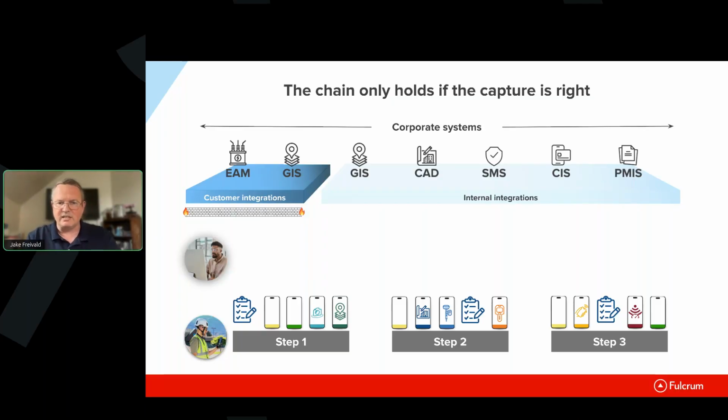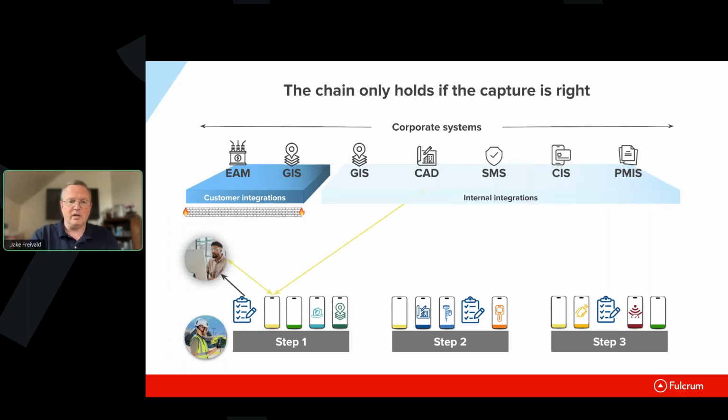Because this is a very complex environment from a data perspective, very often there's a person whose responsibility is collecting information from all of these steps. So that first data capture that you do on a clipboard, there's a person, might not be the same person all the time, but there's a person who takes that clipboard information and enters it into the system. In a perfect world, that's not the engineer that you've sent out, because that's a high expense person, and instead this is a clerical worker back at the office. But sometimes it's also that engineer, and therefore you're spending engineering dollars on clerical labor, which is a real drag.